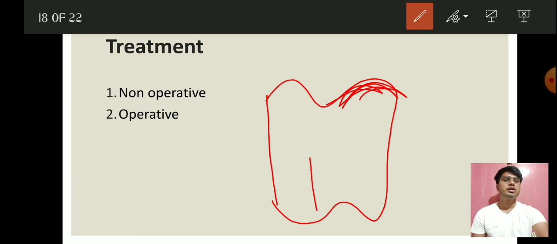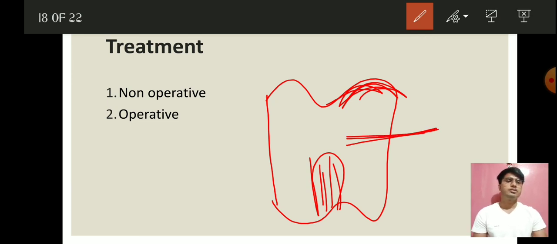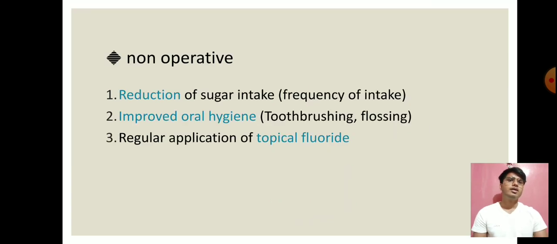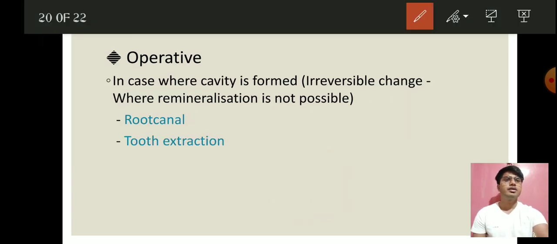But if suppose this is a pulp, okay, so if the tooth decay reaches somewhere, right, somewhere like here, then the root canal is done. Root canal treatment is generally done. And if the infection spreads even beyond this, then we only have one option, which is tooth extraction. In other words, removal of the tooth, because now the tooth has become useless, you know. So we have root canal treatment and we have tooth extraction treatment. There are other treatments also, but we are not supposed to know that much. This is a subject of dentistry.